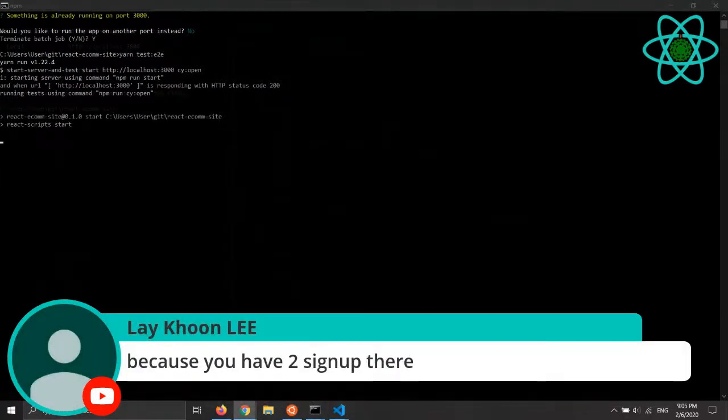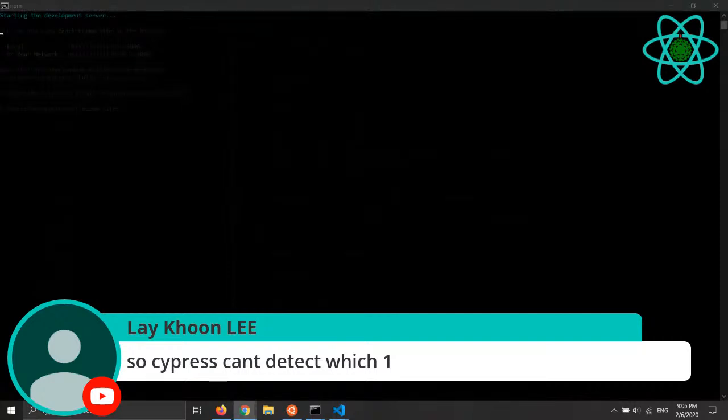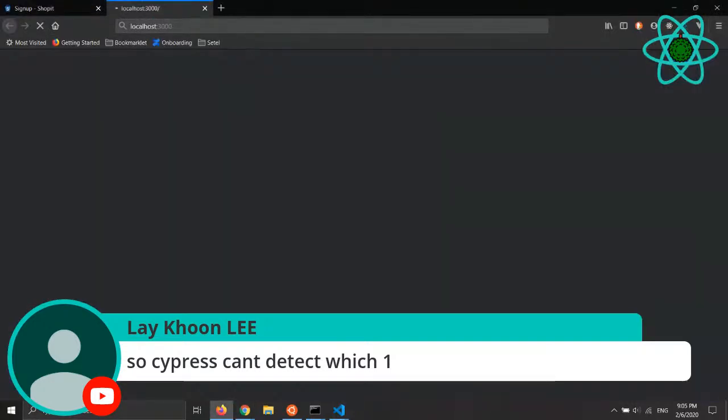Then here there's another question. Because you have two sign ups here, Cypress cannot detect which one. The sign up flow here is actually just for illustration purposes. Most of the time you don't sign up for your end-to-end test. Most of the time you will create a test user, and then in all your tests you just reuse the same